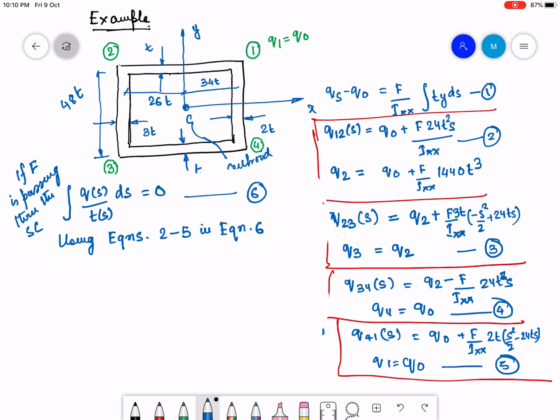So let us see how we are going to evaluate this integral. I have to divide the integral because t is not entirely uniform through the cross section. So t is constant over each portion of the leg, but it is not constant throughout. And also Qs is not a single function throughout the cross section. So the integral given by equation 6 has to be written in this way. So it should be 0 to 60t, Qs is